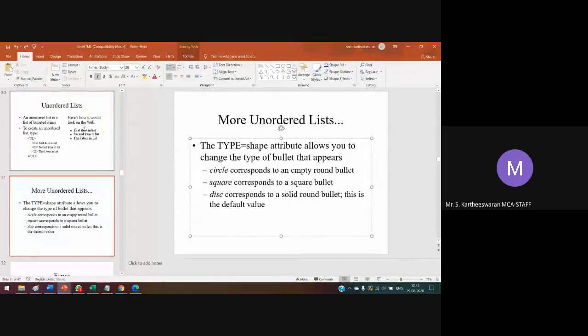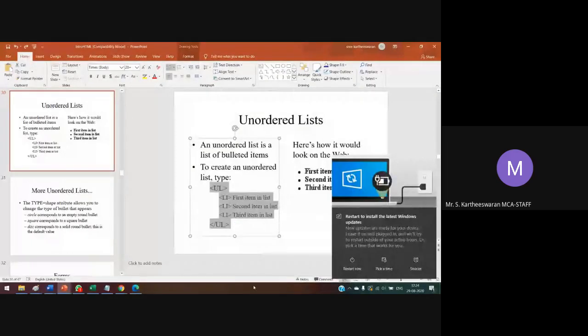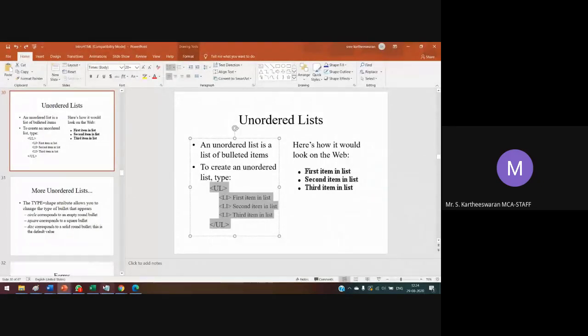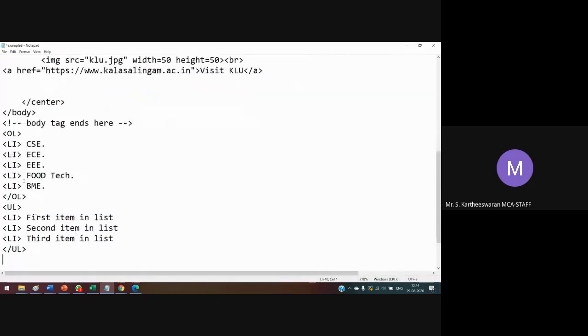Here we are choosing this unordered list example. We have to mention some unordered list here. What are the unordered lists?